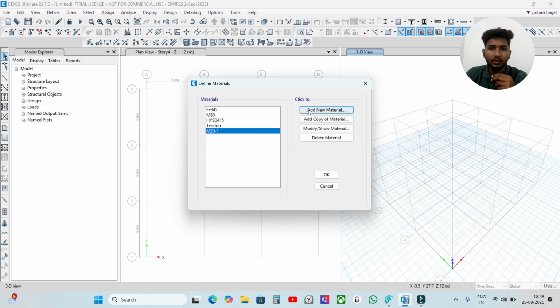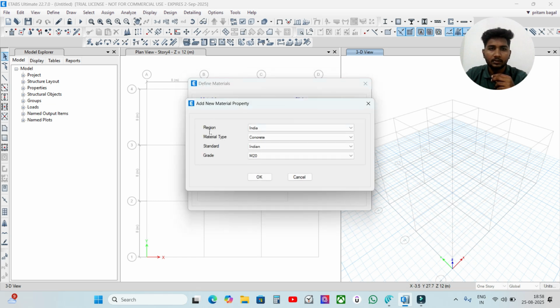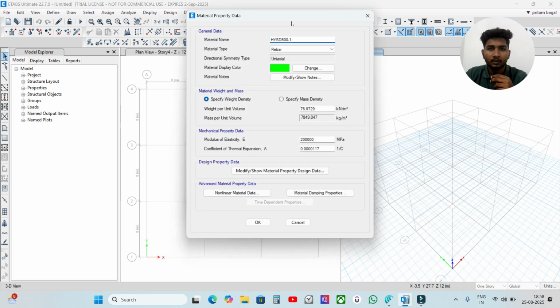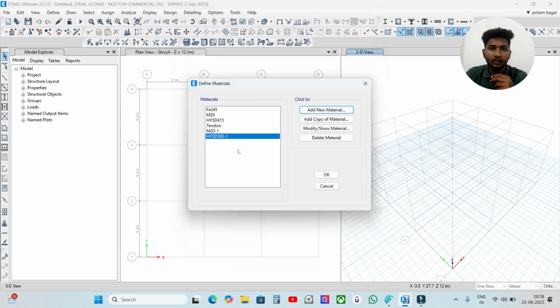Now adding another material, the rebar. Choose region India, material type as rebar, standard Indian, grade as HYSD grade 500 and hit OK. Here, in the same way, the data below is taken as default from the software. We don't have to change these properties. Then hit OK and we will be directed directly as the material properties have been